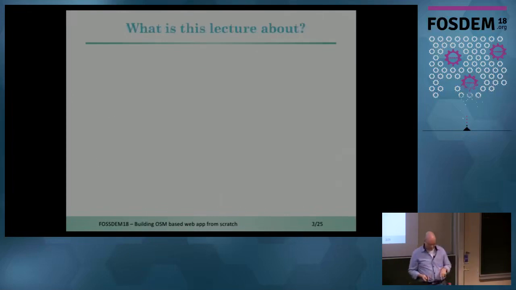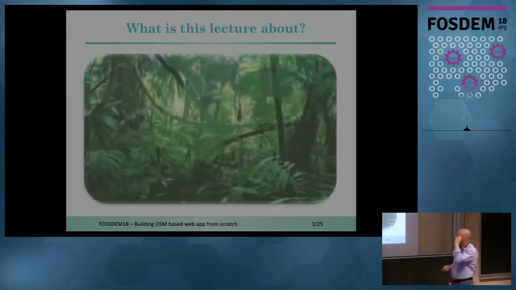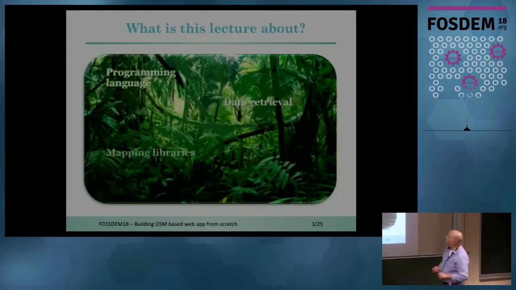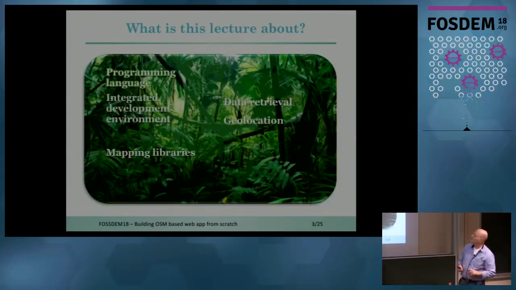Yeah, this lecture is about this jungle. It was a jungle for me at first. So many programs and so many things, and I had to clarify which programming language to use, how to retrieve the data from OpenStreetMap. Can I use mapping libraries? What about geolocation? Is this possible or not? What to do? How to program, using an integrated development environment,